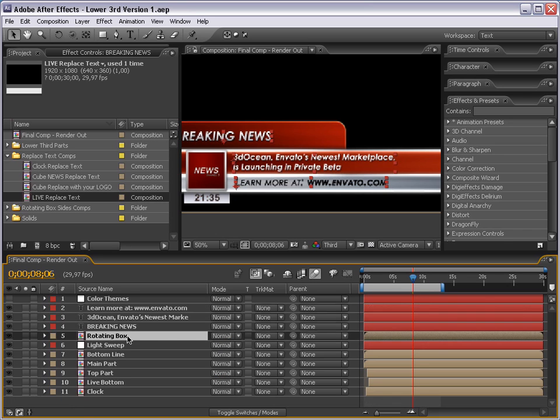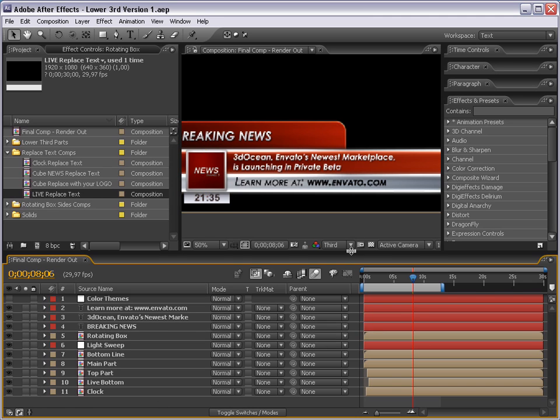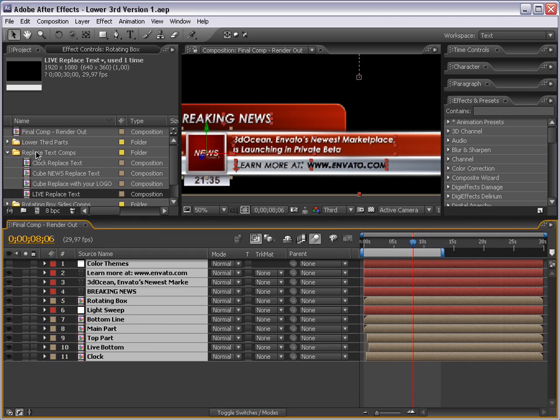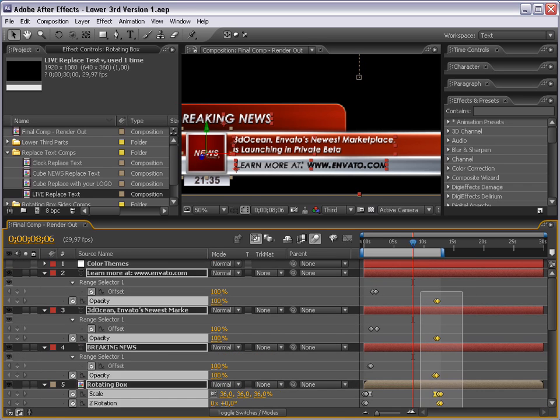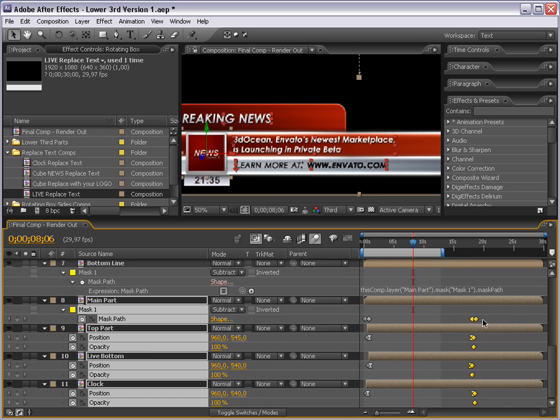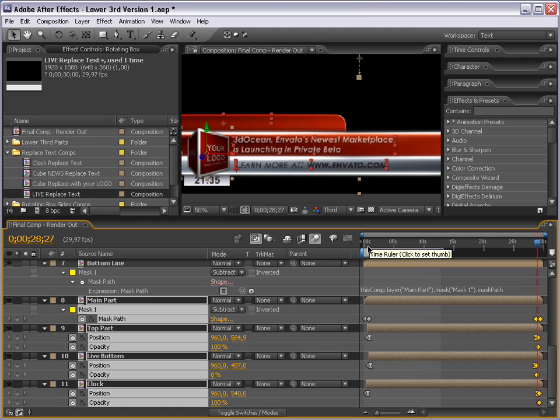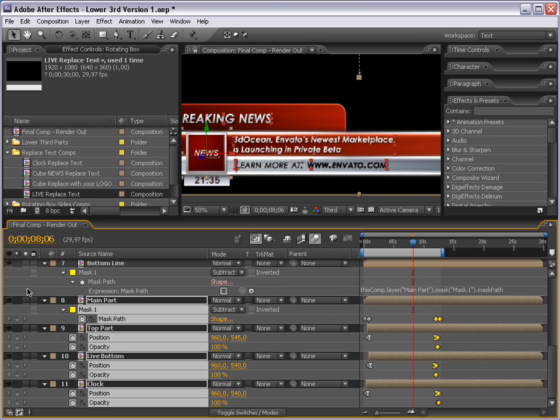So let's see how to extend the duration of the file. Select all the elements, hit U to reveal the keyframes. Again, select all the keyframes and drag them to the right. And this project is 30 seconds long, and I think that's more than enough for a lower third type of animation. So let's undo that,